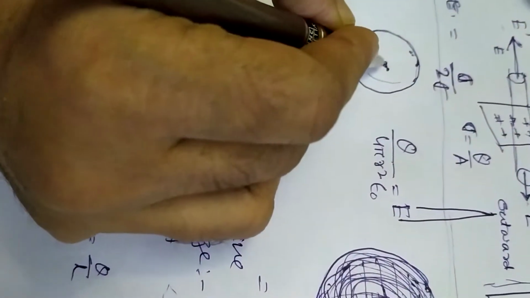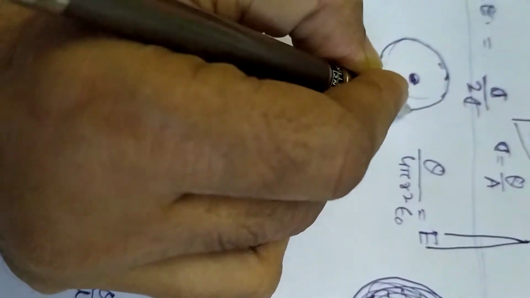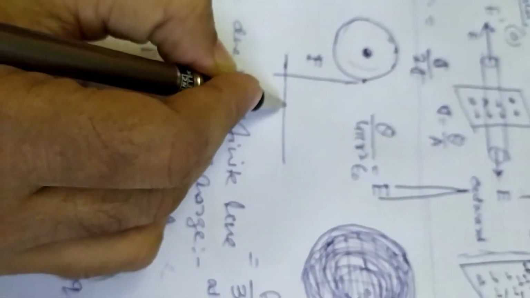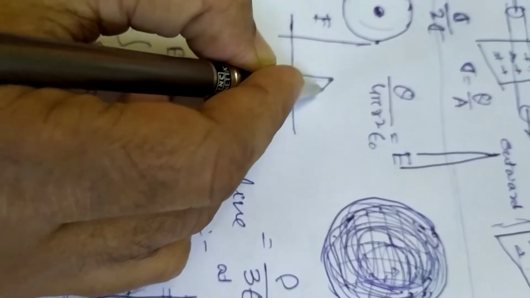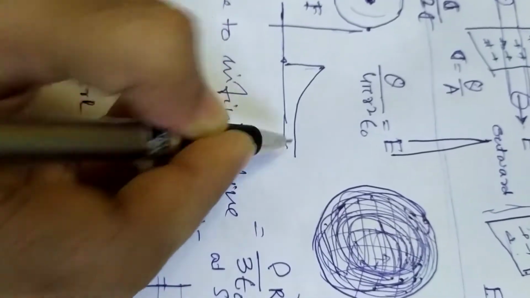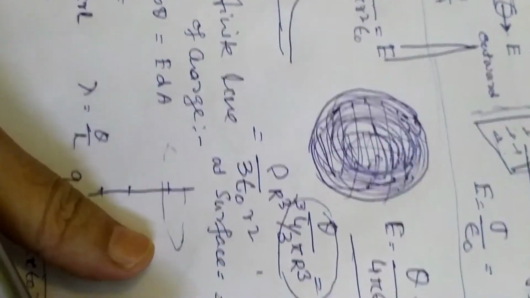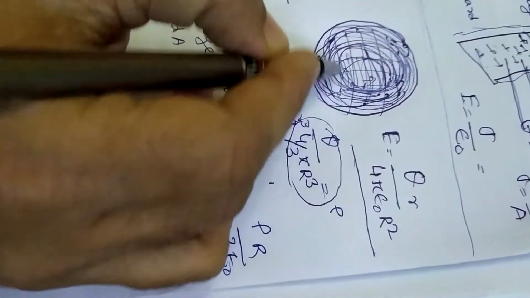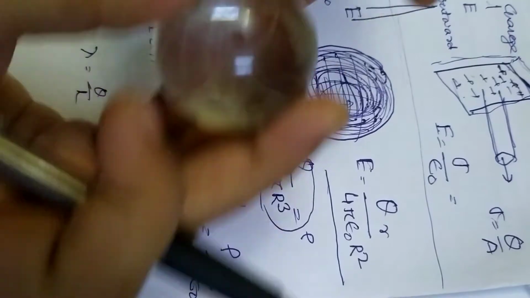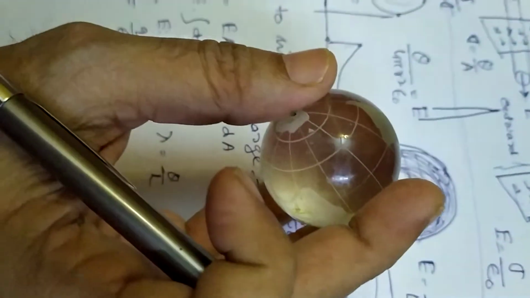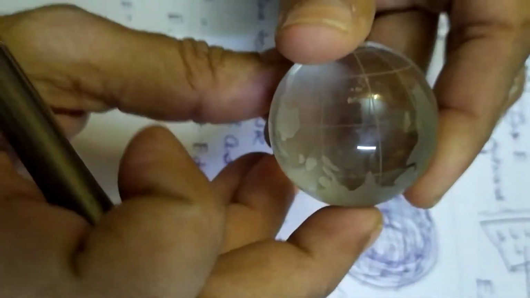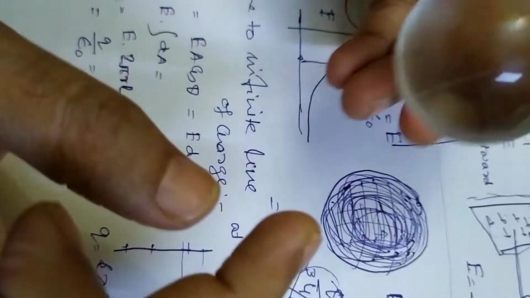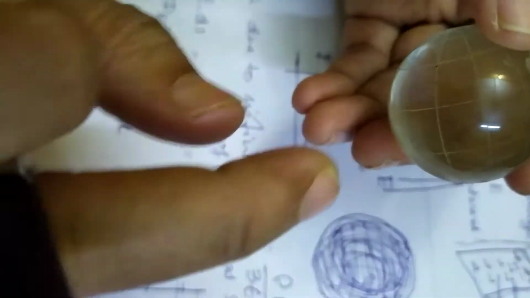Suppose the charge is concentrated at this place, then from this place we'll get the electric field and we'll get a graph like this. We have shown you earlier that the electric field starts from here, goes in this way, and just decreases, moving infinitely like this. Clear? Now suppose you take a solid sphere. We can show a solid glass sphere like this, and if you are giving a charge here, the charge will be throughout this sphere and even inside this sphere there will be charges. Clear? So charges will penetrate inside.